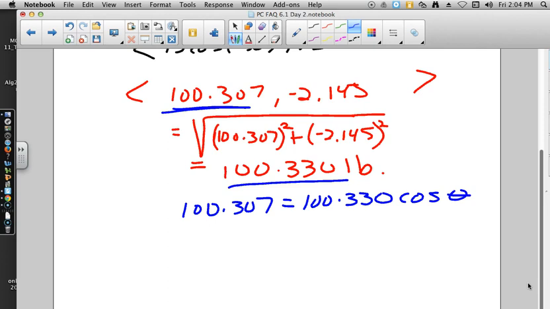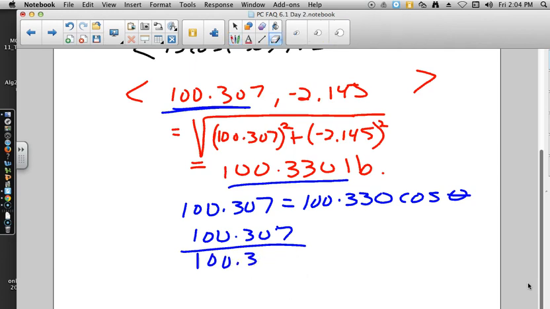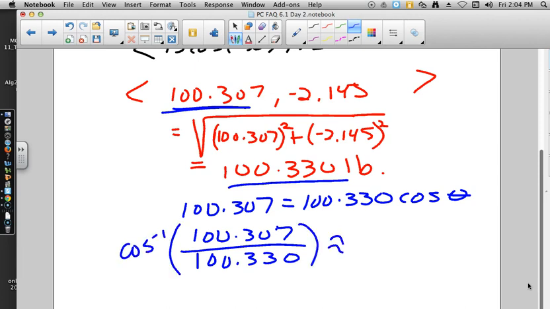So we should be pretty safe. We don't have to do a lot of thinking about all of the trig and which quadrants we're in. So 100.307 divided by 100.330 and inverse cosine. So we have 1.227